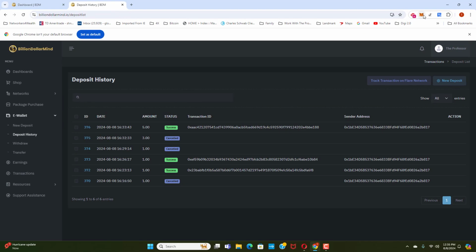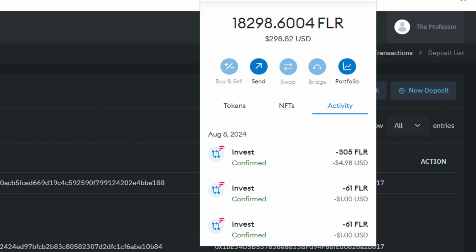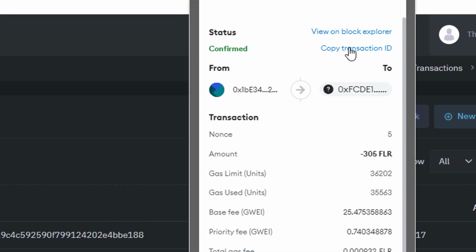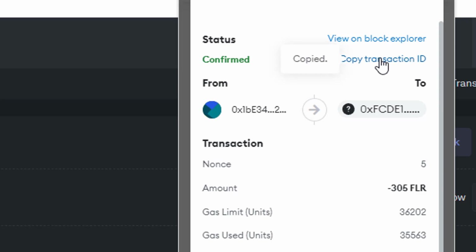So what I would do is come up to my MetaMask, and you see here. Let's say that you just did a transaction. It's pending. And you say, I'm opening up my MetaMask. I'm going under activity. And hey, from my side, everything left my wallet. So I would simply click on to here, and then copy this transaction ID. And then you'd want to get this transaction ID to us.